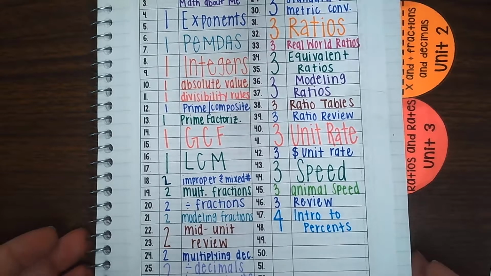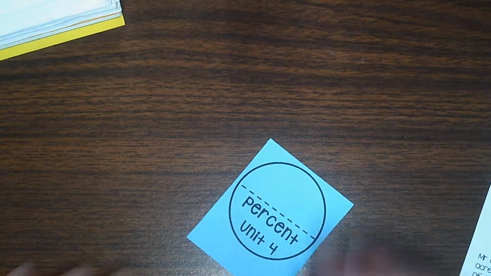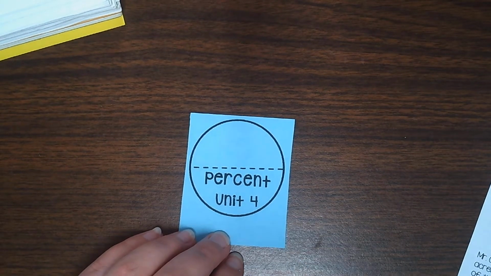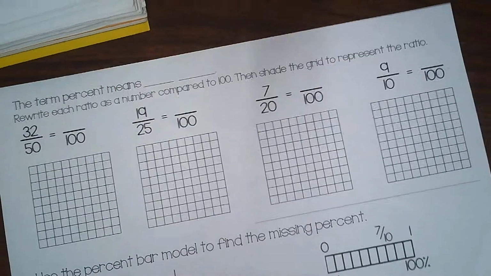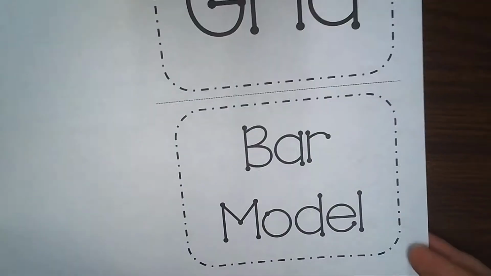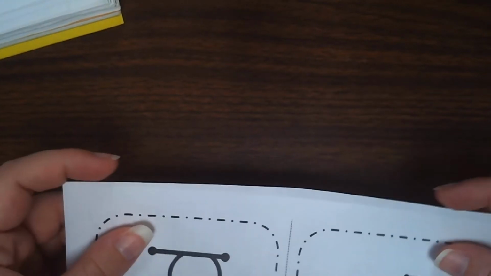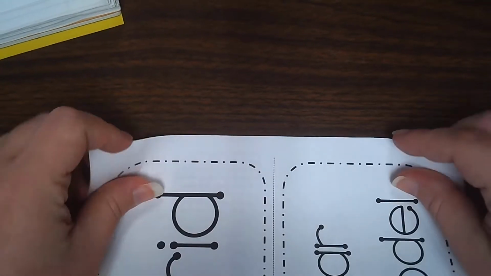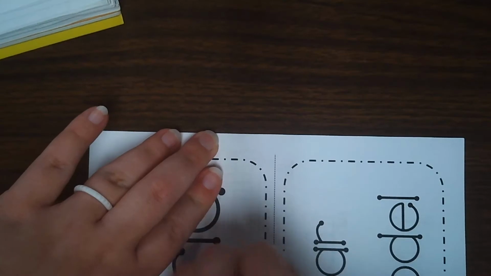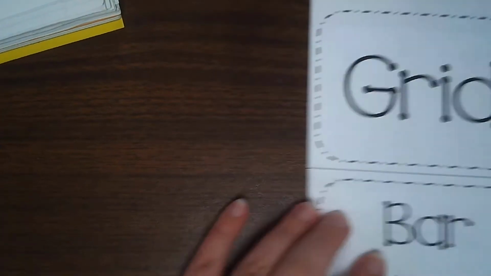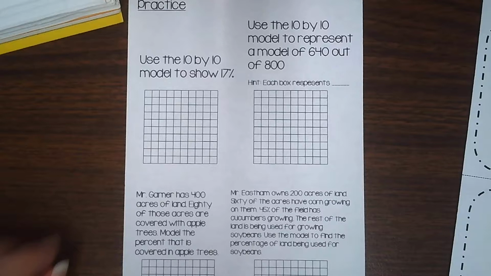Okay, so for Intro to Percents, we need a few things. I'm just going to show you what we need first. The first thing we need is our circle. This is our tab, so we're going to cut that out first. The second thing we need is this paper. On the front of it, it says grid/bar model. So we're going to fold this in half. Crease it,